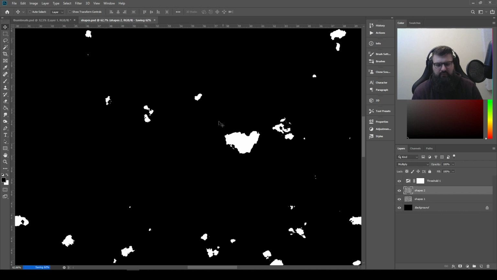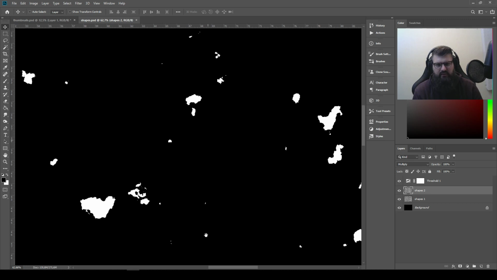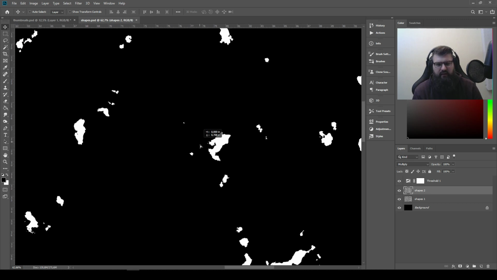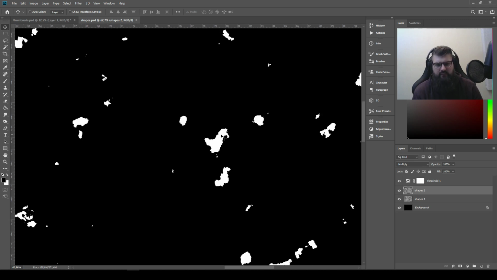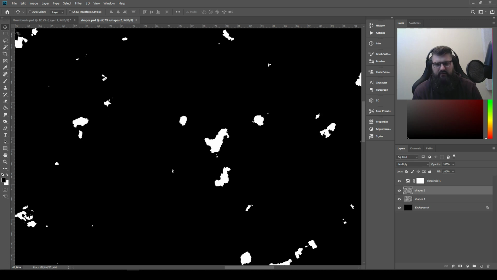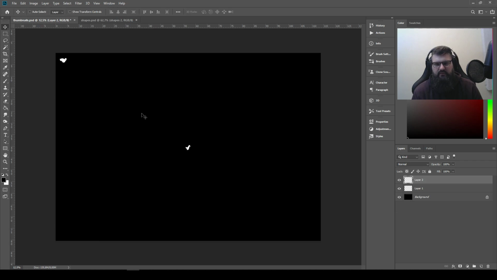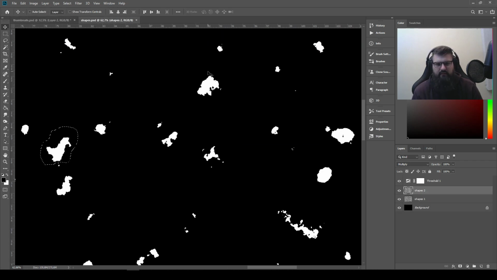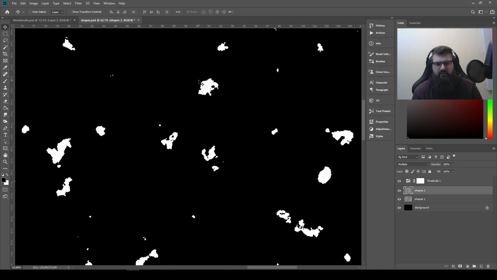I have the tendency to press Ctrl S every now and then. It's almost automatic just because it saves the file. And for me, this is what I mean when you use multiple layers. You can just slide around this first layer to create a whole different shape. But this shape is interesting to me, so I'm going to press Ctrl Shift C to copy merged, paste it into this file, place it up here, and I'm going to keep doing that until I have a bunch of shapes that I find